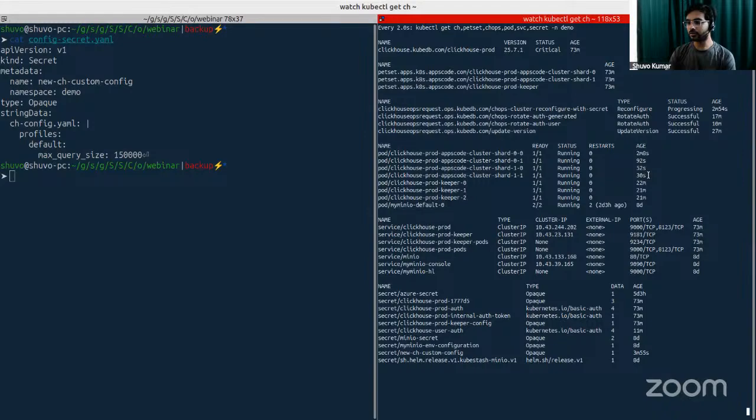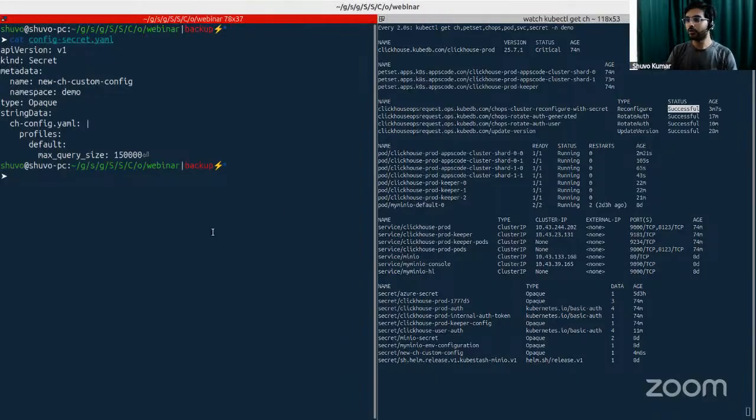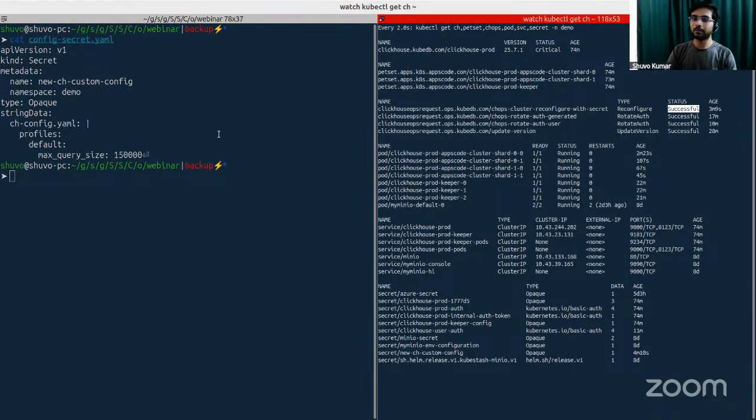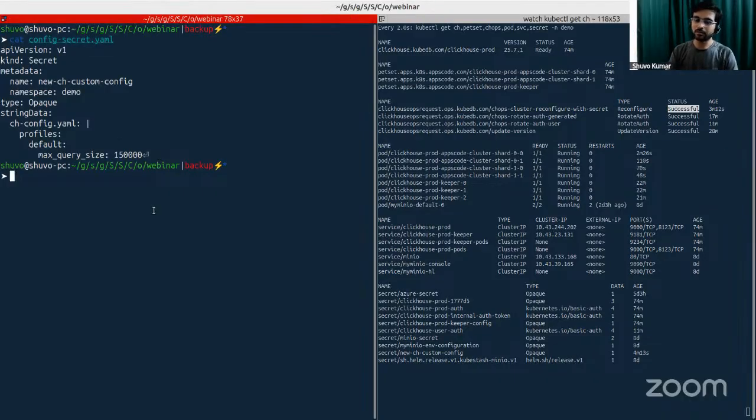We can see all our data pods are restarted, and our ops request is in successful state. Okay, so how can we be sure that our updated configuration is reflected? We can exec into the pod